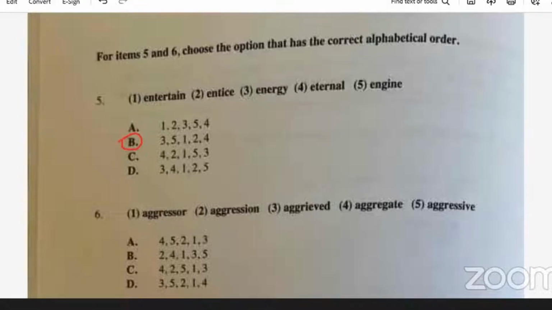Okay, again, you guys can pause the video to do your own checks to make sure that you are arranging them in the correct order. The same thing for number 6. Those words, how would we arrange them in alphabetical order? Now just look at the first letter or the second or the third because they all have those same first letters. As a matter of fact, the fourth letter is also the same. So we have to look at the fifth letter. That's where the variation starts to see what would be first. And so for number 6, the answer is C. Let's get to question 7.